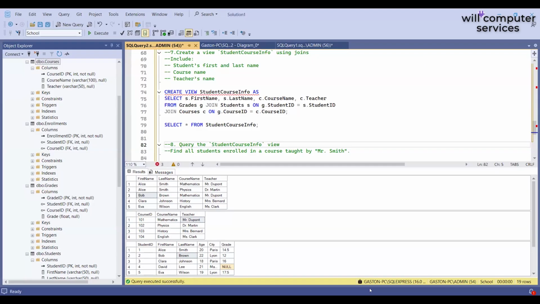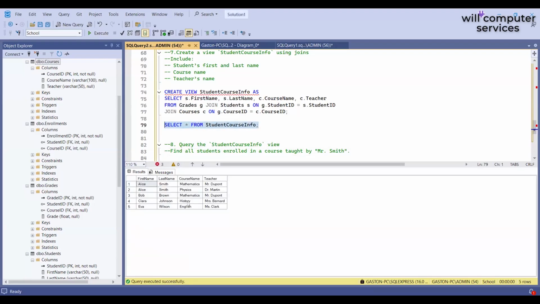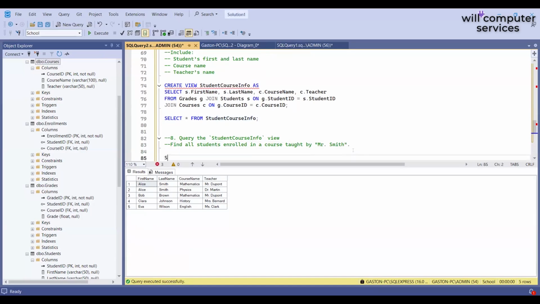So what should be the query for that one? So we have this table, course info. We want all the courses taught by Mr. Smith. So, okay, select all star from